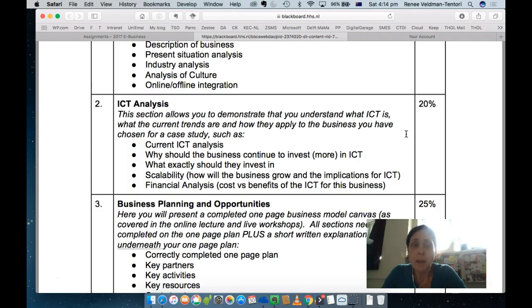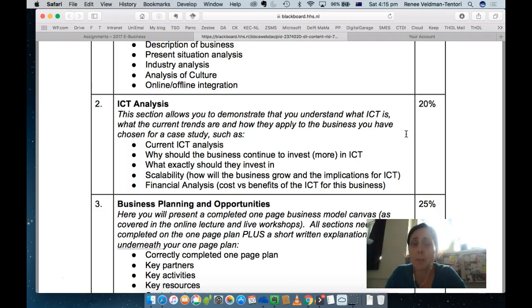This is where you're analysing a current business, but by year 2 you should be starting to show signs of being able to do a critical analysis and think through. So what are they currently doing? Is this okay? Is this working for them? What other suggestions could you potentially make?